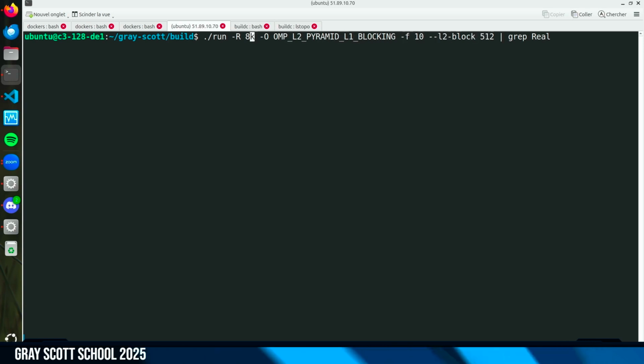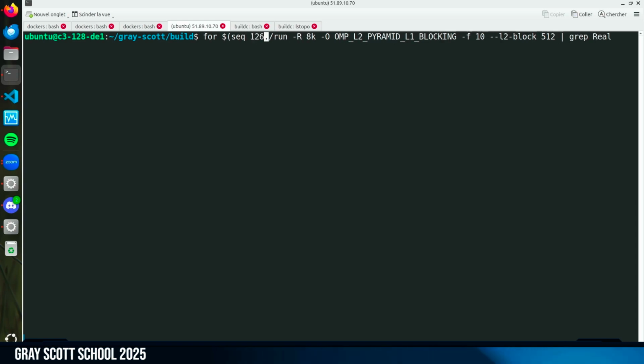So I can do a for seq, let's say from 128 to 2048, by step of 64. This is the dirty bash thing I was saying yesterday.